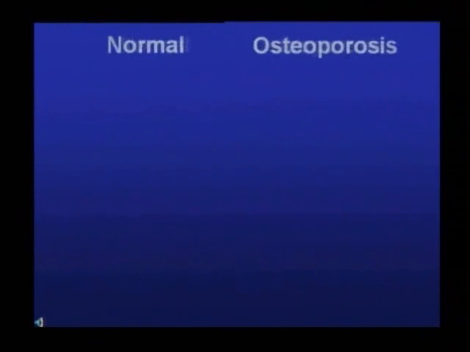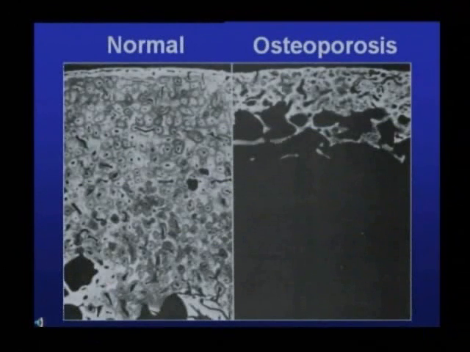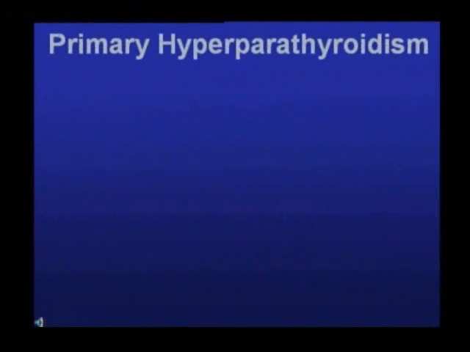Calcium is also mobilized from cortical bone. Compare the normal histology of cortical bone with that of osteoporotic bone. Note the impressive reduction in cortical bone thickness. Rapid and excessive bone resorption can result in osteitis fibrosa cystica, a condition in which hemorrhagic cysts form in the